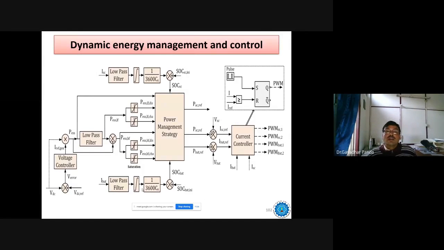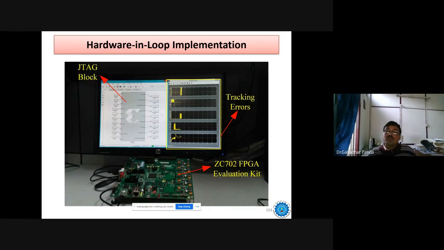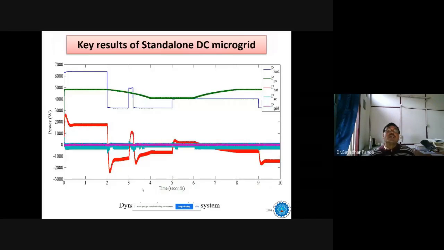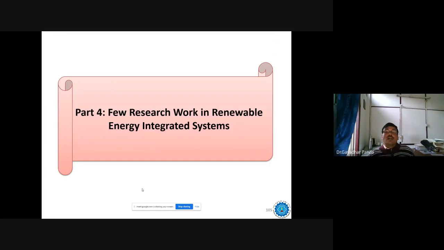Here also the algorithm is shown with a block diagram. That is how the power management and control scheme is operating. That time also we have used the same Xilinx platform, as I told you, and we have got some HIL results, and that was included at the beginning. This is all about